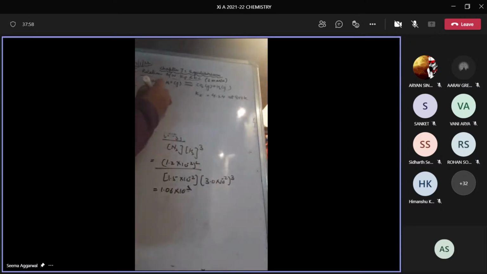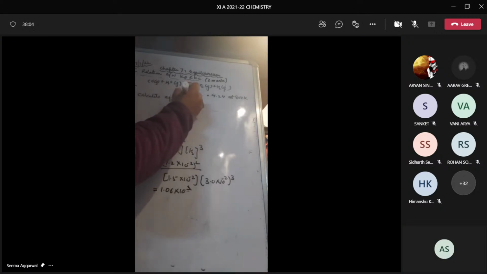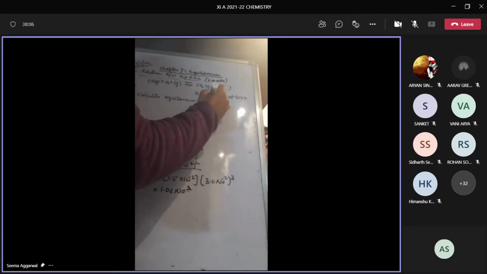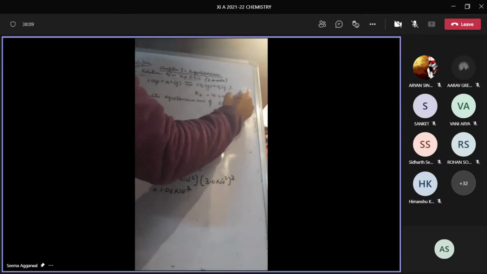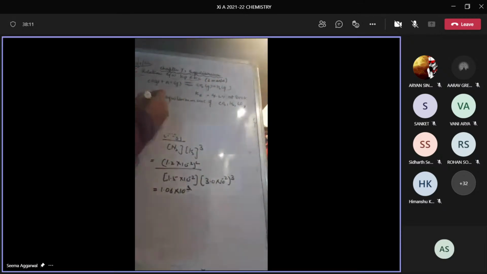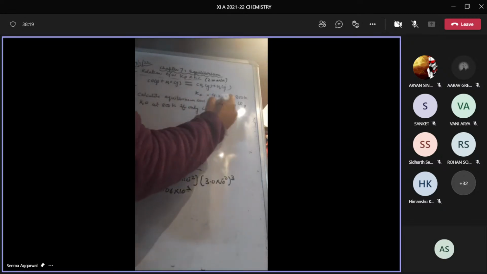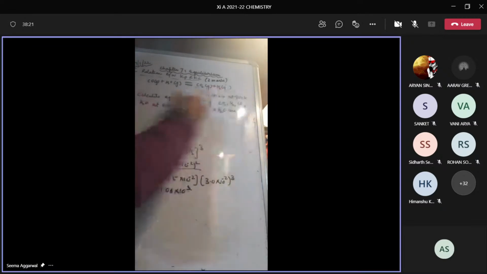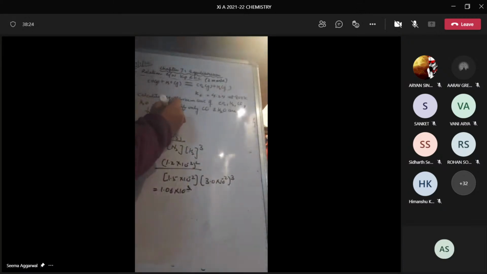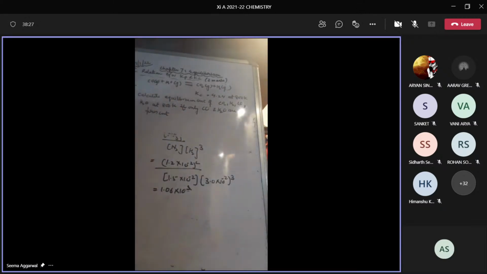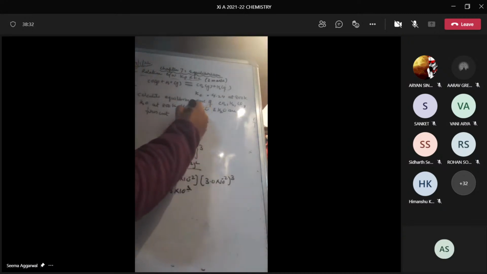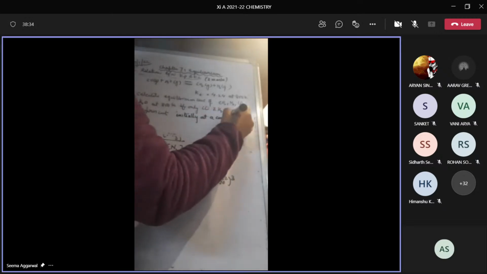Question is calculate equilibrium concentration of carbon dioxide, hydrogen, carbon monoxide, water at 800 Kelvin if only carbon monoxide and water are present initially at a concentration of